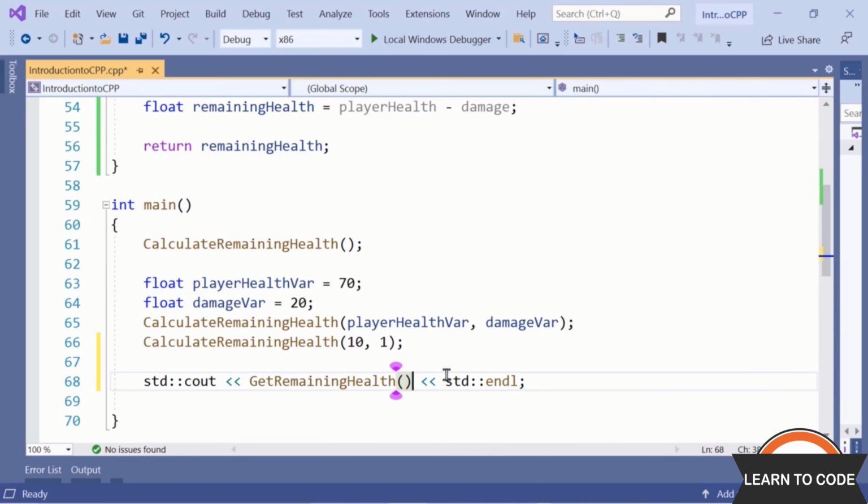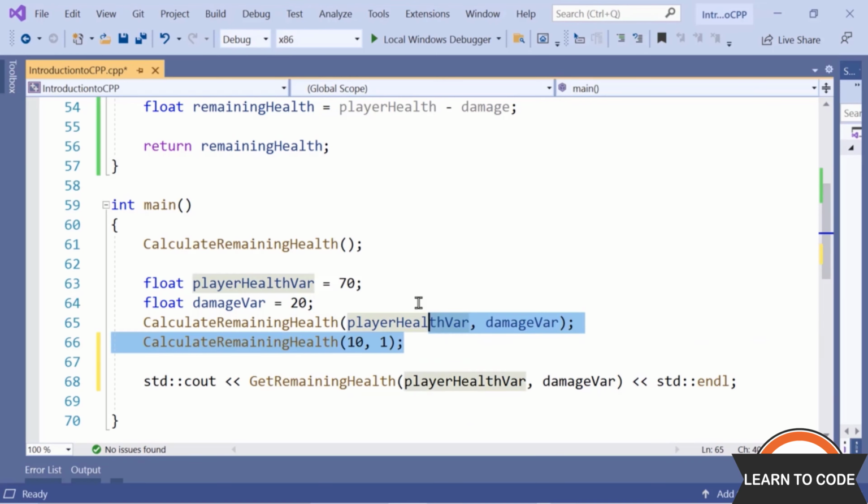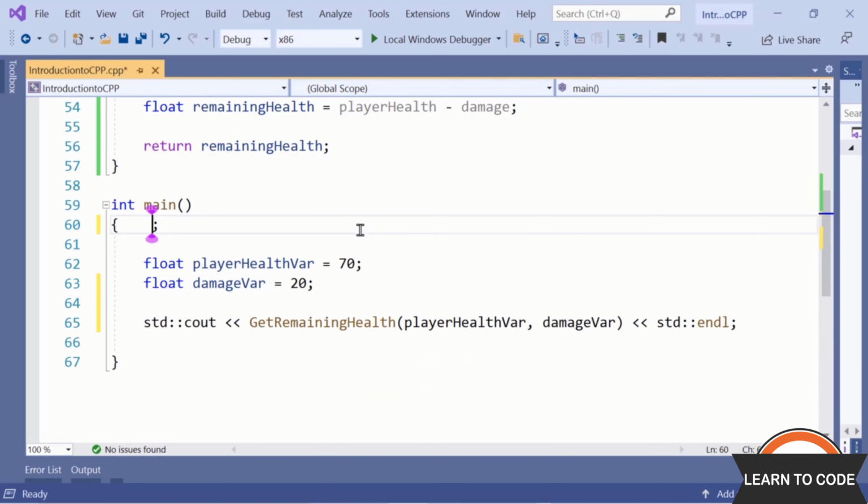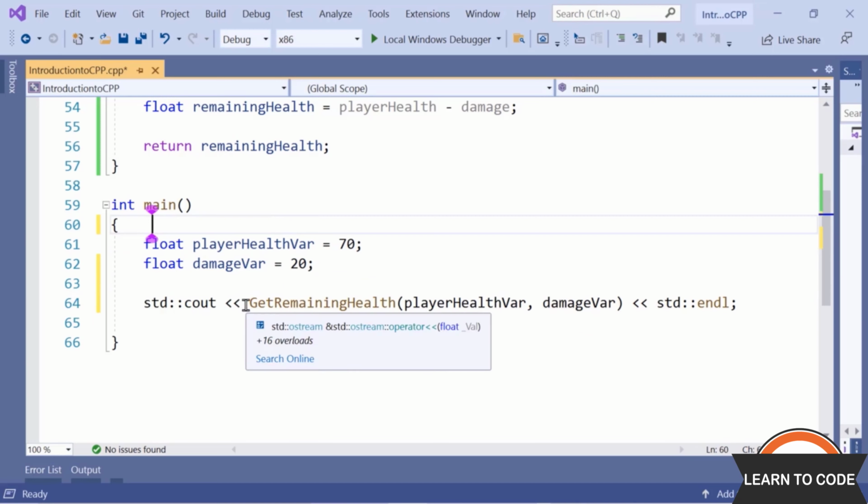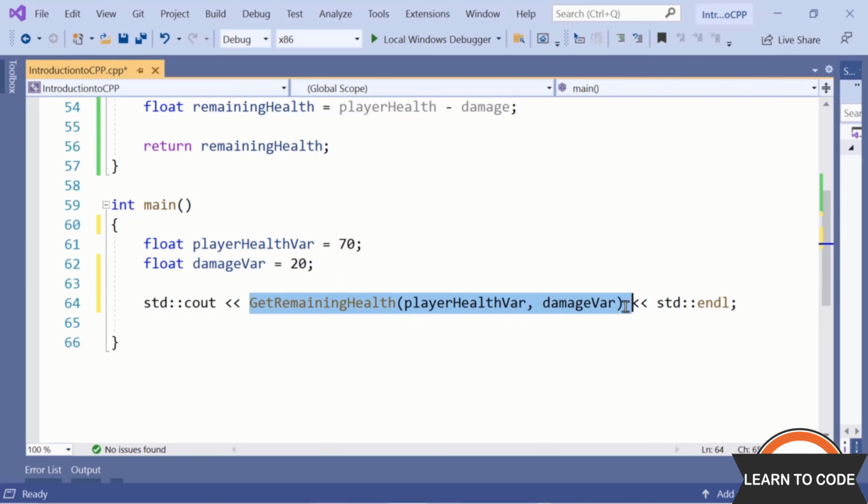And I need to pass in some values. I need to pass in a player health and a damage. So we could just pass in the same values, playerHealthVar and damageVar. And I can just remove these previous calls so they don't get in our way. So here, now we're just declaring these two variables inside of the main function, and then we're calling getRemainingHealth